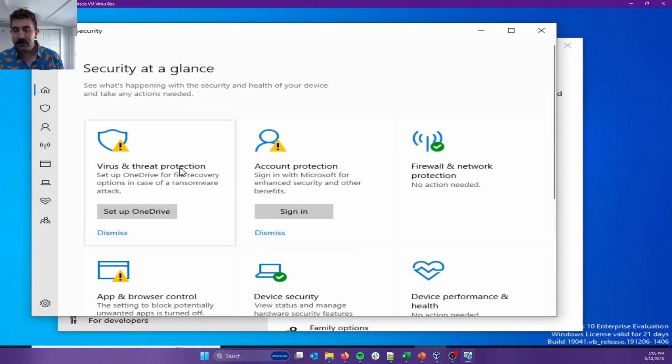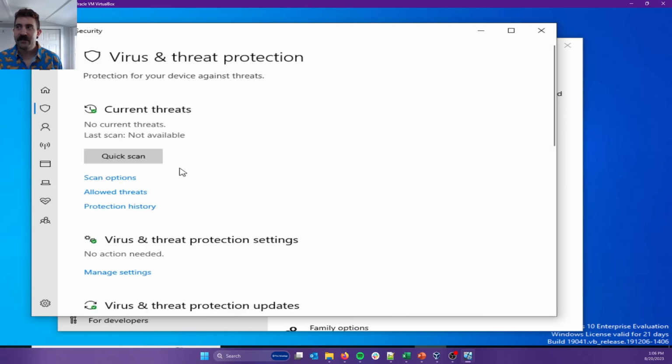But let's go through each section actually. What does it all mean? So we'll start on virus and threat protection. So we can see immediately we can do a quick scan. Why we might want to do that? Well, we might only just want to see what's